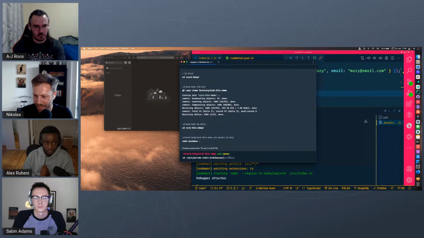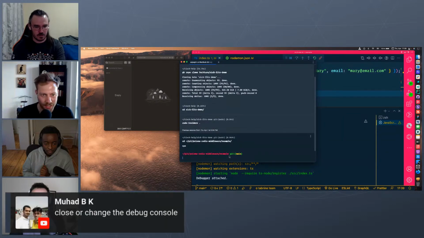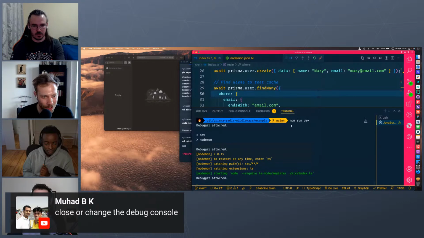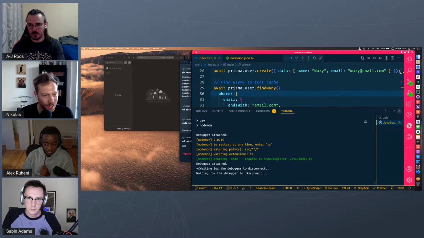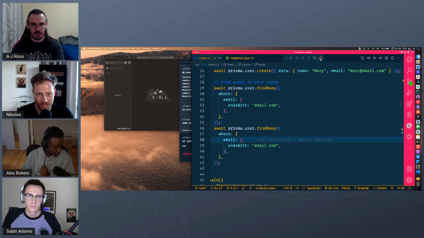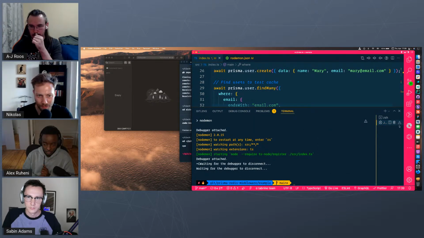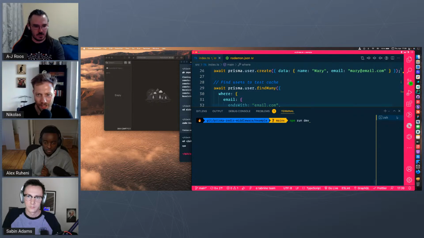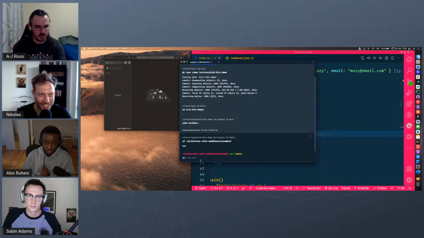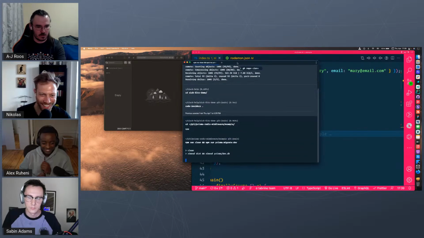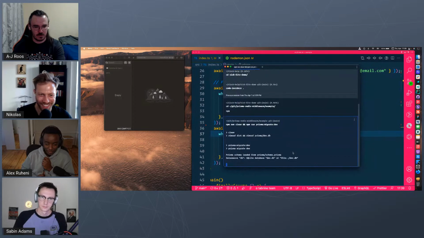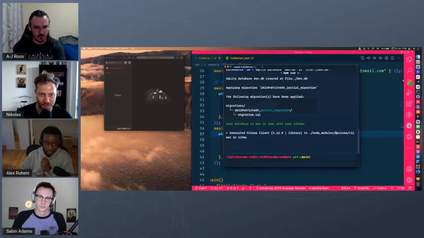Right. But we can do npm run. Let's just clean. So Muhad recommends to close or change the debug console. I don't know if that would help. I think something happened here with it, because it's now stuck. Let's just run this here. We can enlarge the font. So if we run npm run dev,